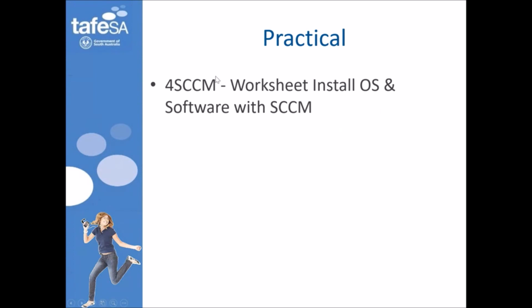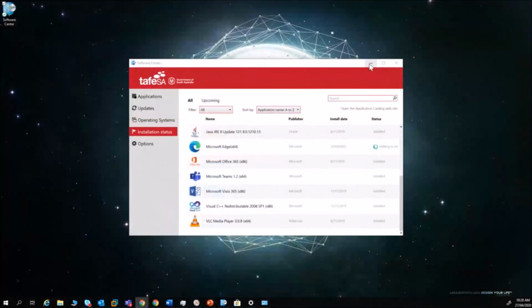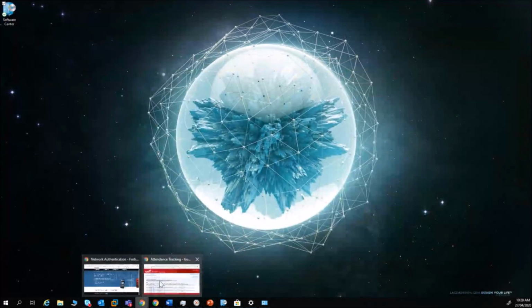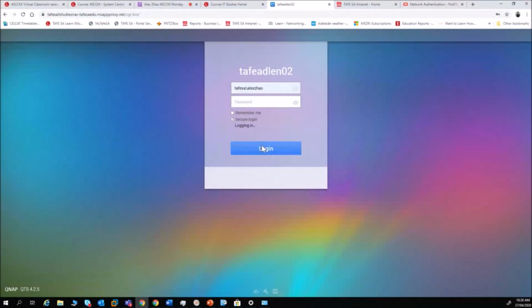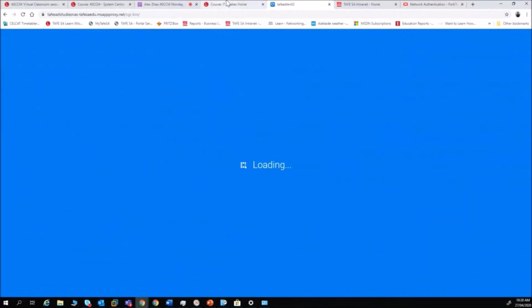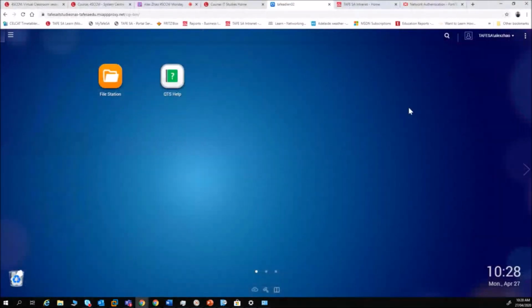Basically, I would get you to work on this worksheet. But because this is our first lesson, and given that we're all working from home, it's a bit weird. Those virtual machines that you need are not going to be available to you that easily. Remember, using the instructions here, you can get access to the virtual machines you need for your various worksheets. So what I'm going to do today is, instead of getting you to work through this worksheet right now, because you'll be spending too much time downloading the information,